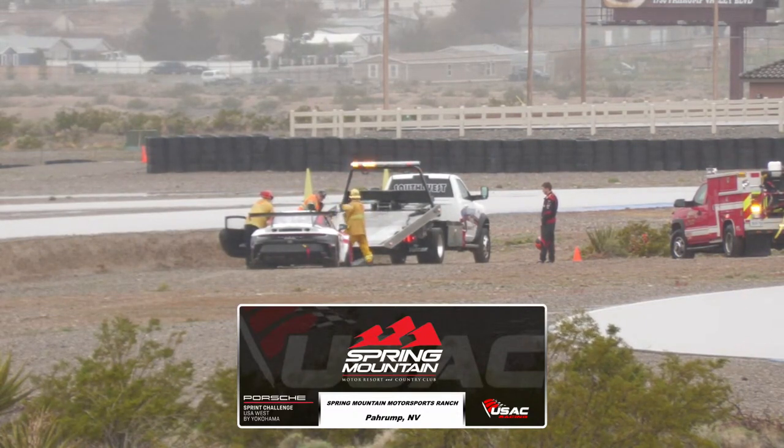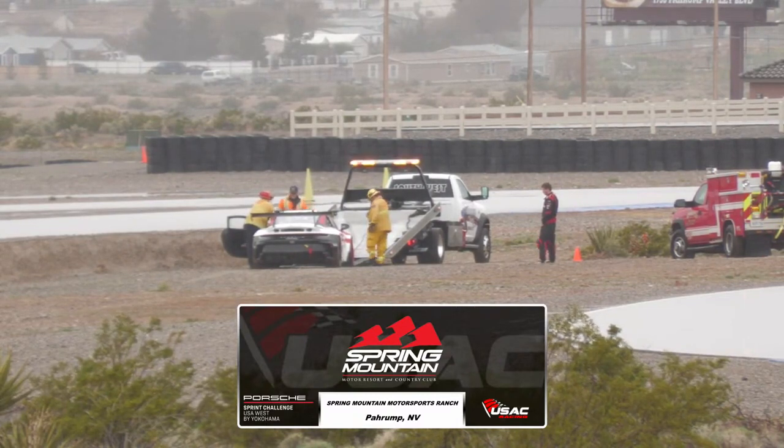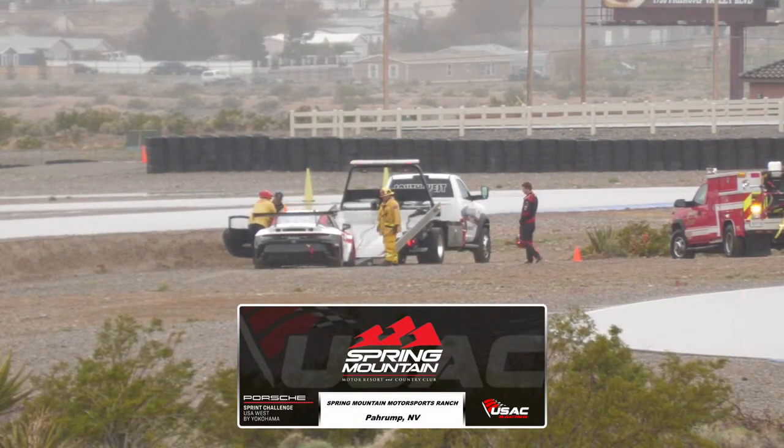But hey, stuff happens and you just got to move forward and start focusing on the race. And hopefully these damages aren't too crazy and his team can get his car back together for the race. Well, we have had some standouts, of course, when you have conditions like this, of drivers really getting a chance